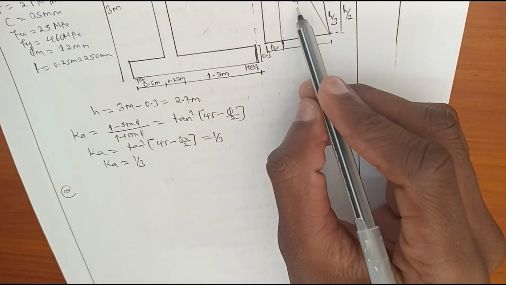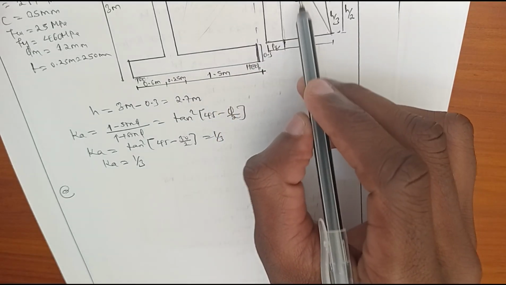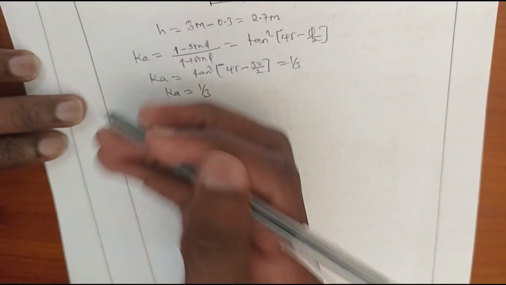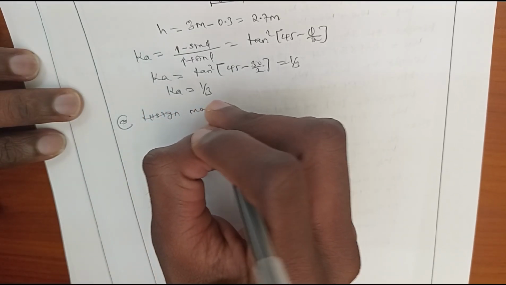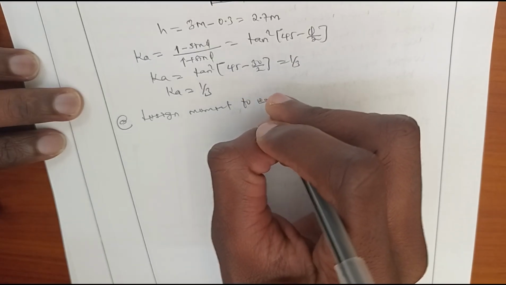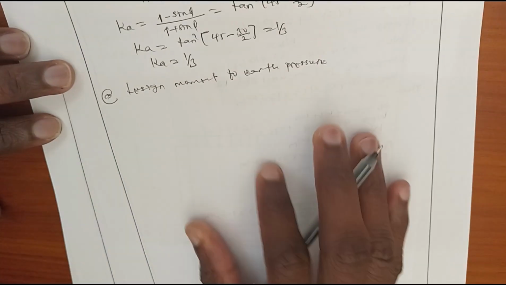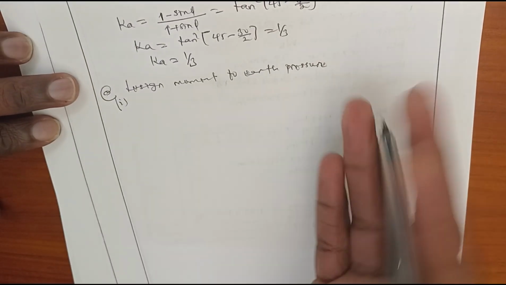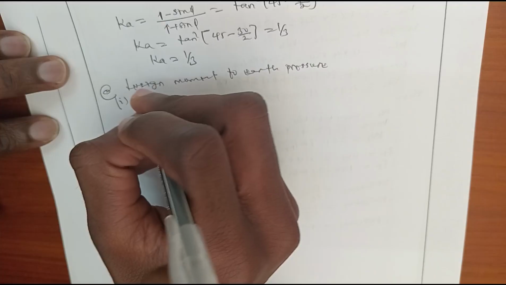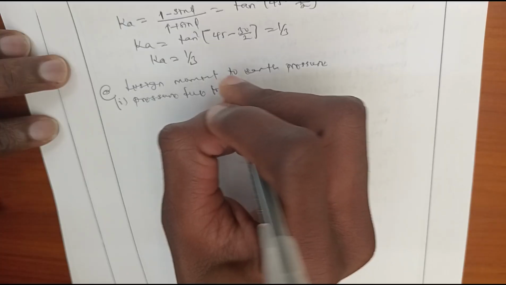Designing moment due to the soil pressure. This is the soil pressure, so we are required to determine its bending moment, design moments. So A, design moment due to the soil pressure. To obtain the design moment due to the soil pressure, the first step is to find the pressure due to the soil,